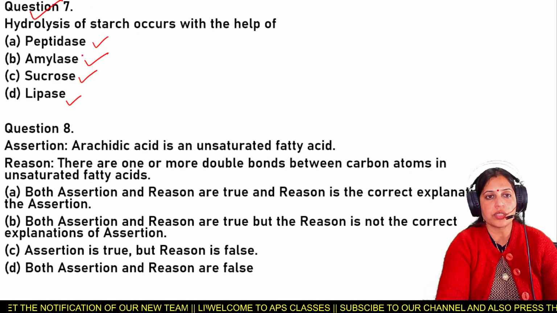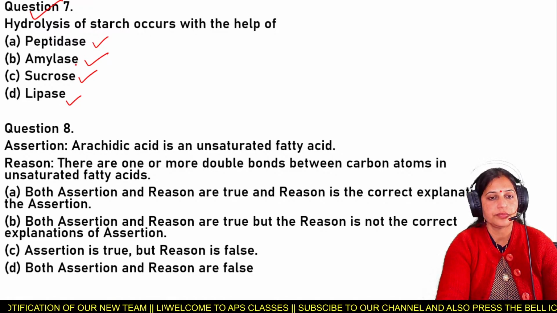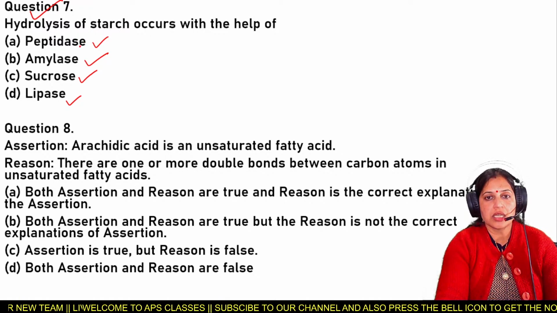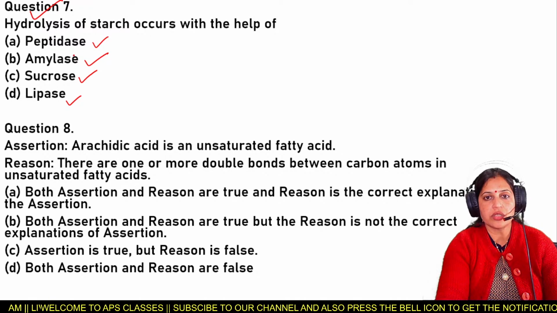So it is the question number 7. Hydrolysis of starch occurs with the help of. That means hydrolysis of starch occurs with the help of